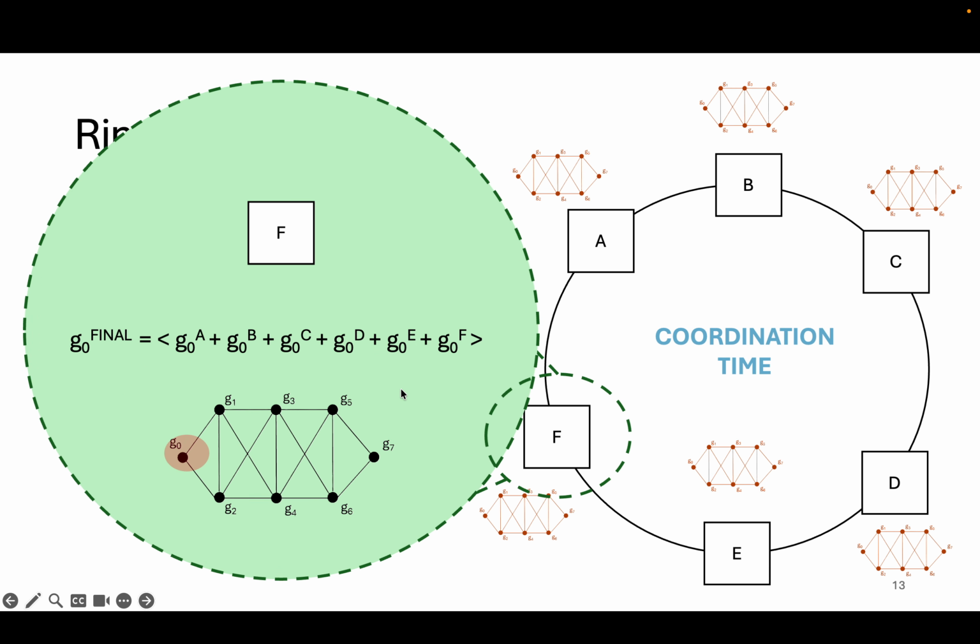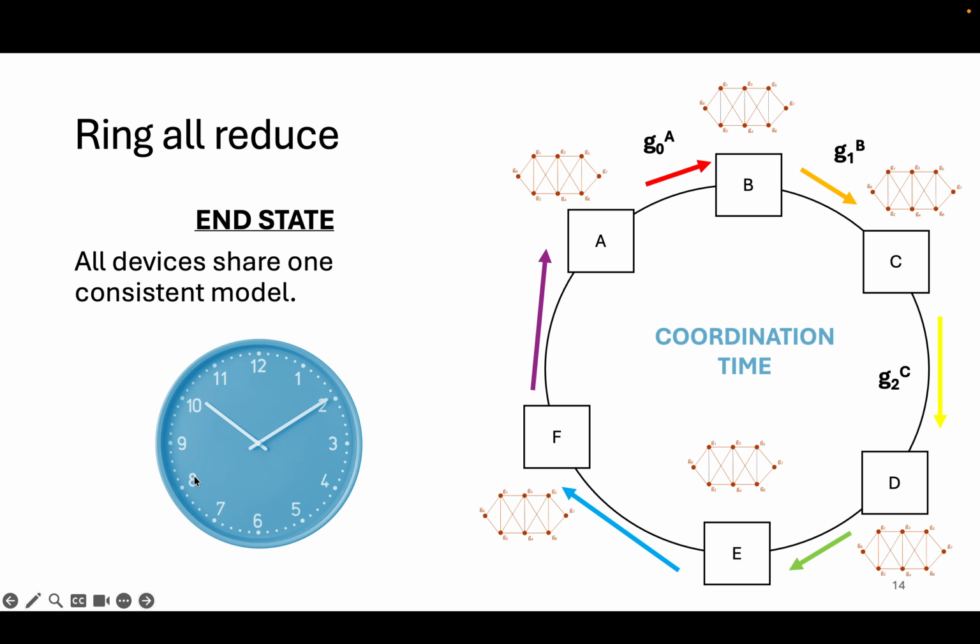This is going to continue all through the round until F receives all the gradients and is able to average out to a final gradient 0 for this specific gradient in the model. This happens with all the gradients and all the devices in parallel until all the devices share one consistent model. They'll each be responsible for one or multiple gradients depending on what's been sent to each other. And at the end, they'll do one final round and send each other all their final gradients, and everybody will end that round with the same shared model.